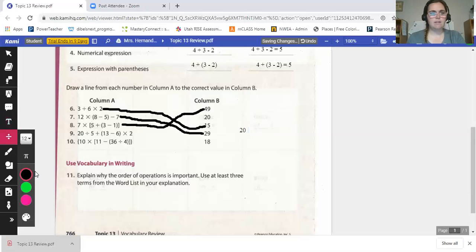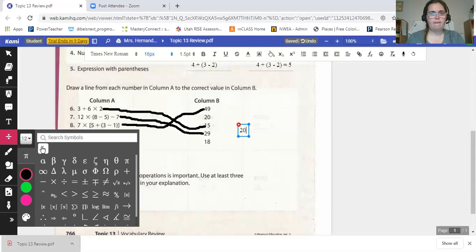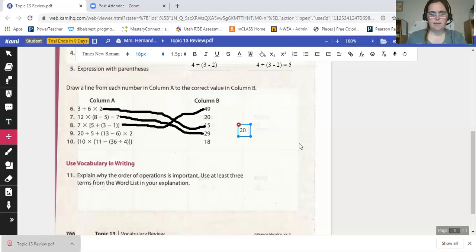divided, let me find my symbol here. Okay, it's not working very well. Let's just see if I can do it from here. Divided. I'll use this one. 5 plus, and now I already know that 13 minus 6 is 7